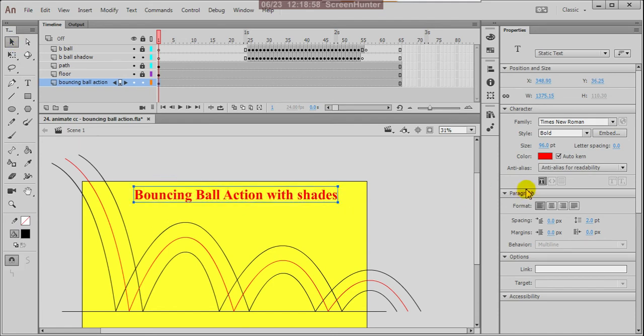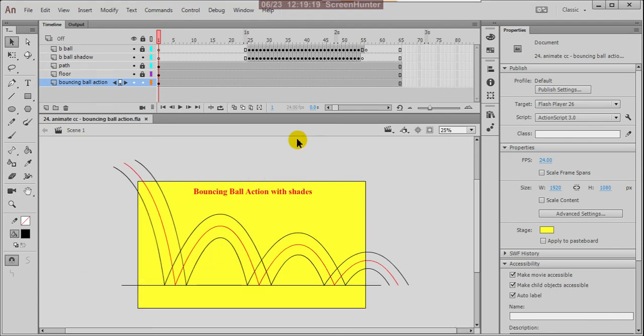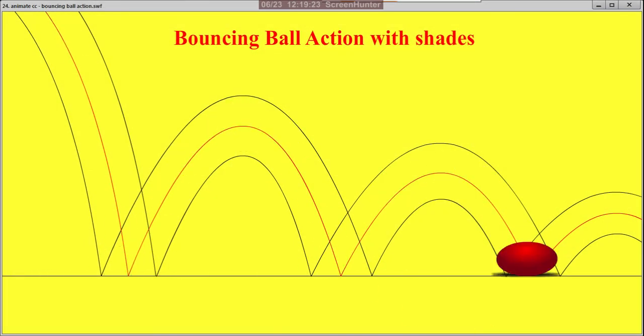So make it a bit bigger font size. This is 70. Control S. And again Control Enter. So bouncing ball action with the shades.